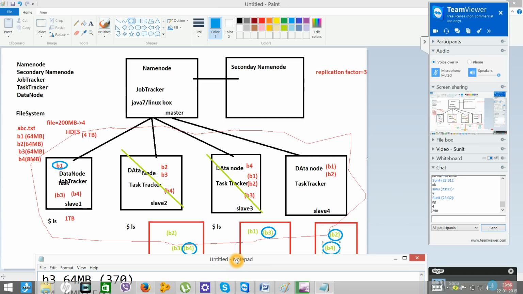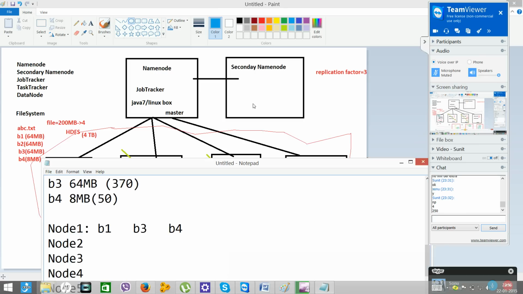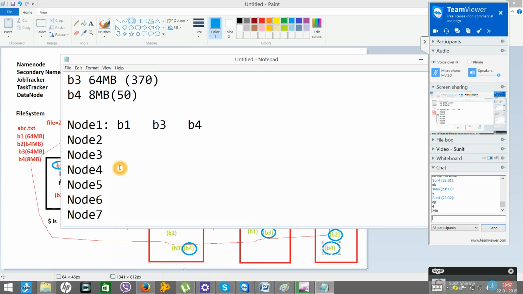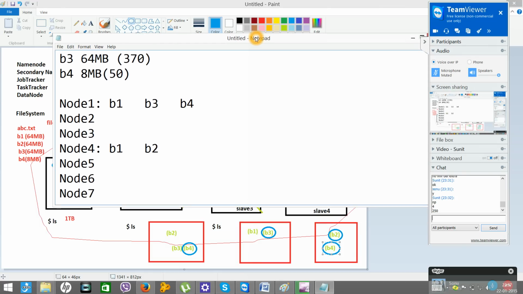Node 2 is down, node 3 is down, node 4 will store B1 and B2. Node 5 will store B1, B3, B4.